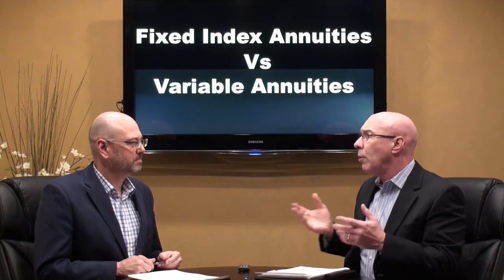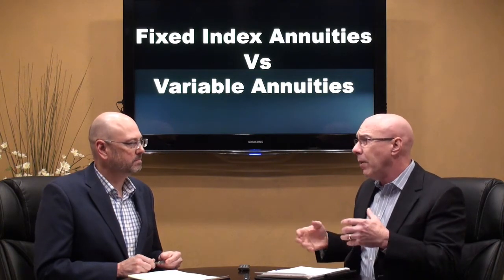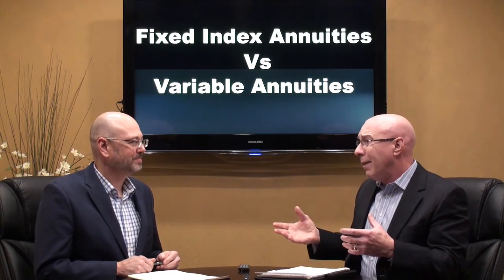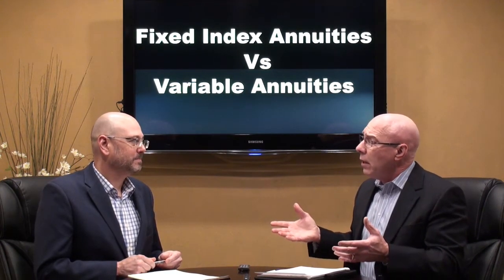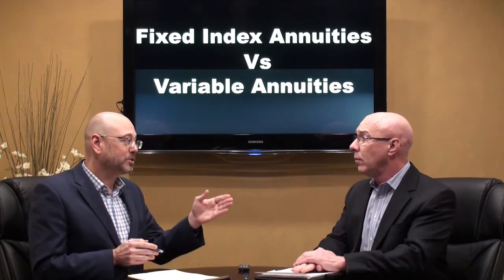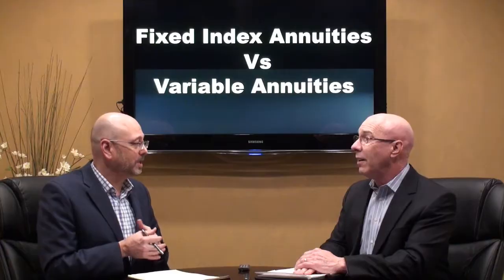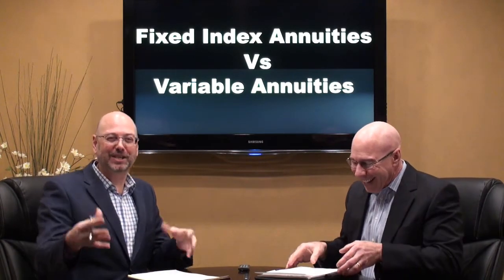So distribution plays a big part, but fixed indexed annuities have become very popular recently. Maybe in the last 10 years they've become extremely popular, and they've really started to overtake the variable annuity, certainly in sales, even in the distribution channels. The guy who used to only offer you a variable annuity is now starting to say, hey, these indexed annuities may not be such a bad thing, and you're seeing more and more exposure in those same types of channels. It's funny how we saw that many years ago. If only they would have been watching us.